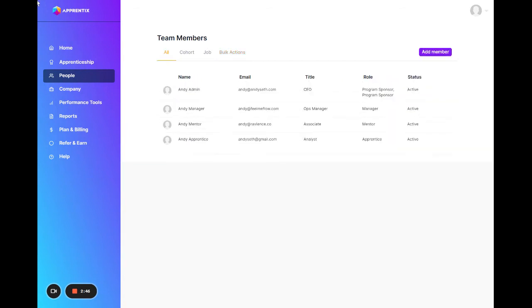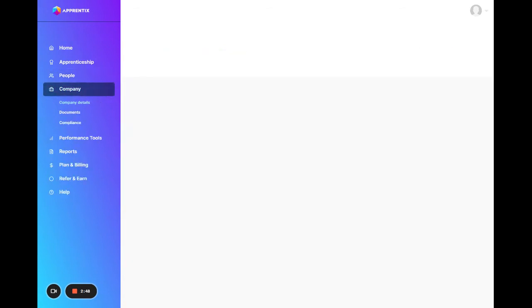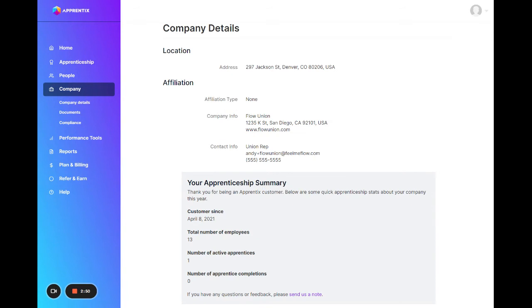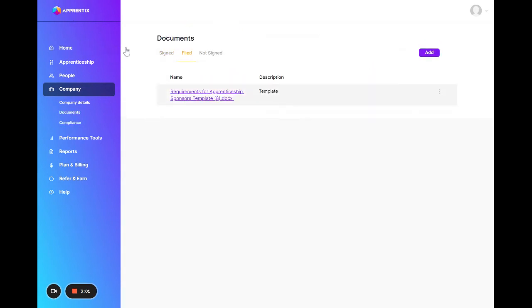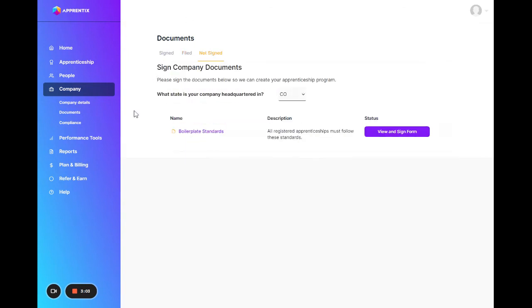So pretty easy there. On the company side of things, you're going to see company details. Obviously, these are just some fake pieces of information. Your apprenticeship summary, any documents that you've had signed, these are the ones that are signed. These are the ones that are filed away in your system, and these are the ones that are not signed. This is obviously going to be custom to whether you've indicated if you have already got a registered apprenticeship, if you don't have one, but you want to register one, what type of state you're in. There's all kinds of